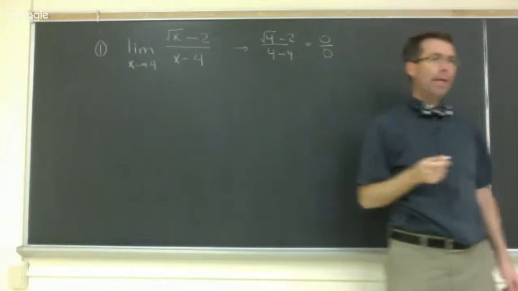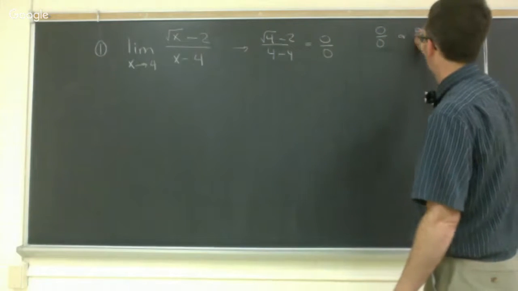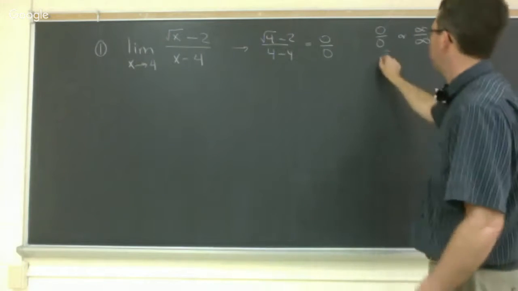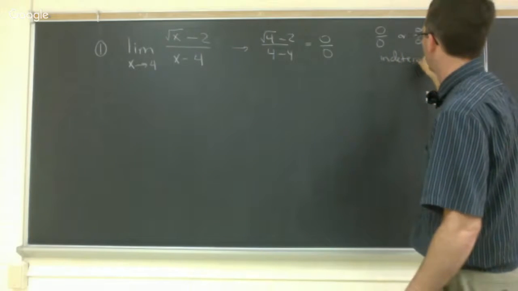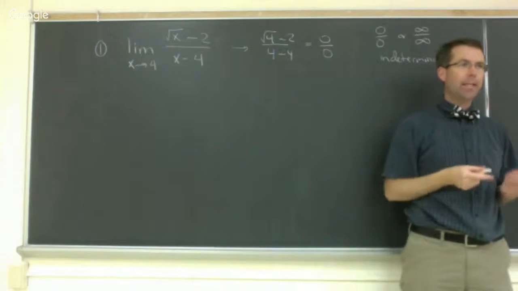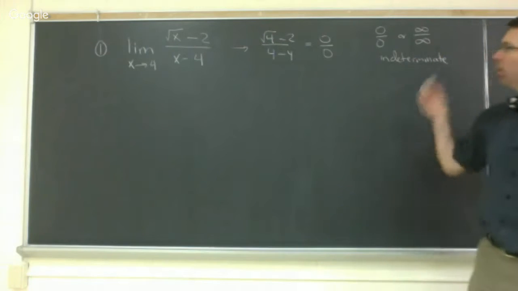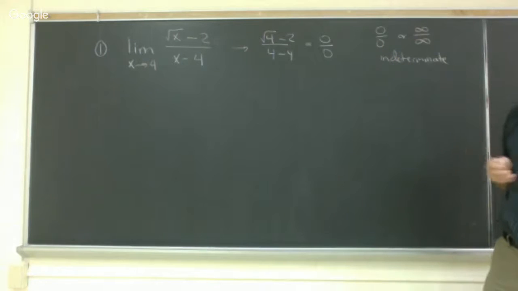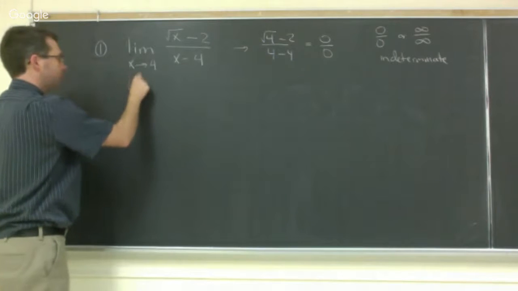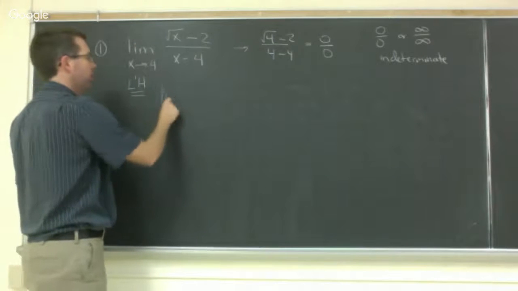Now the key for L'Hopital's rule is we either need 0 over 0 or infinity over infinity. Those are what we call indeterminate forms. In some sense, it's because we can't cancel zeros and we can't cancel infinities. When I see a 0 over 0 or an infinity over infinity, I get to take a new form of the limit justified by L'Hopital's rule, where we're going to replace the original limit with the new limit,